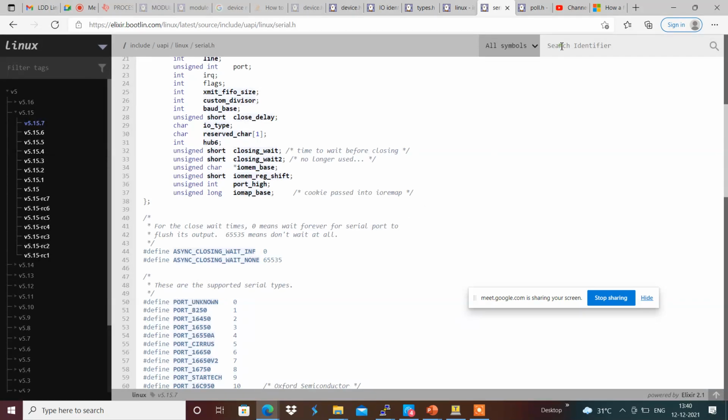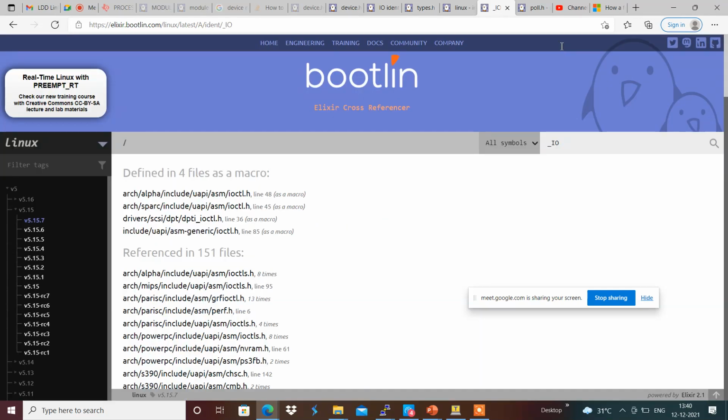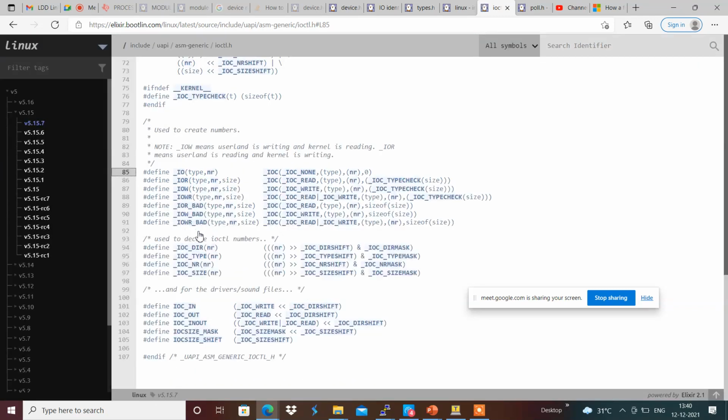IO means an ioctl defined with no parameters, and IOR means it is a read operation ioctl. IOW means a write operation ioctl. IOWR means it is a read and write ioctl.